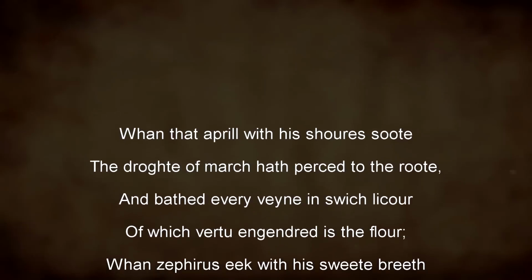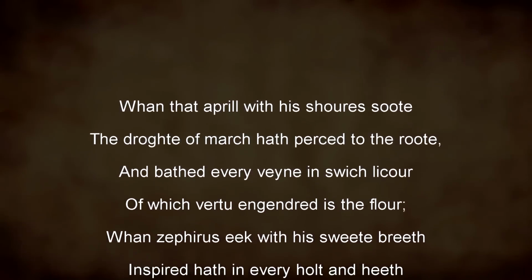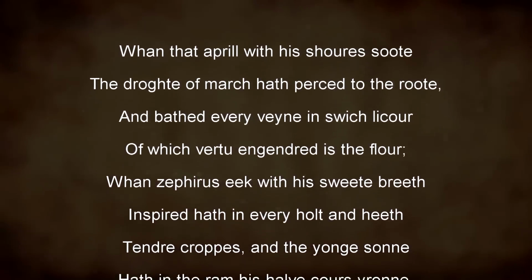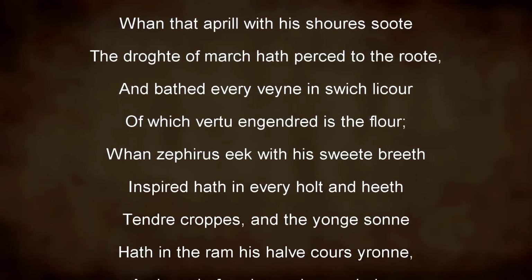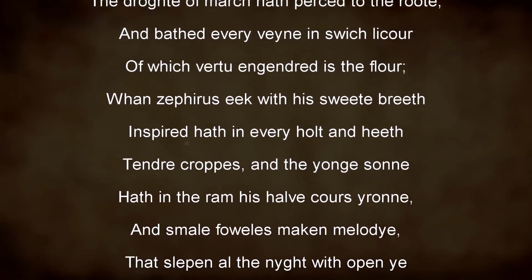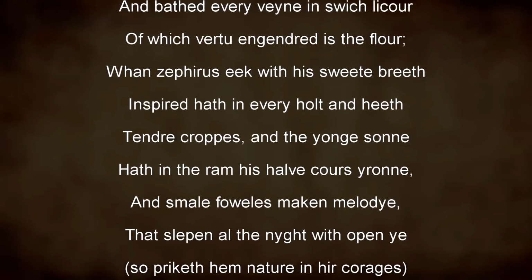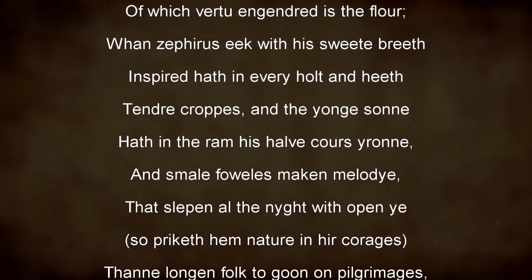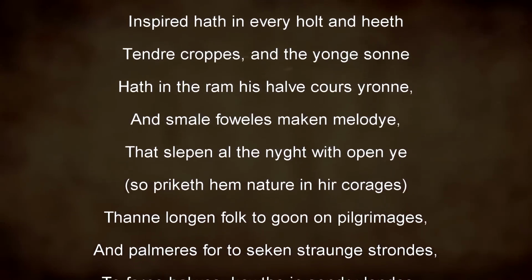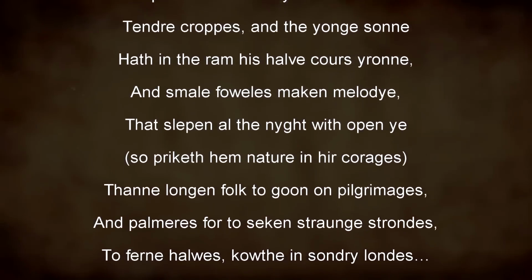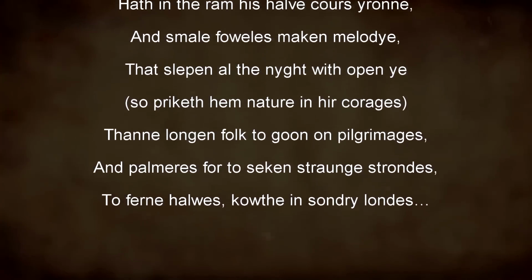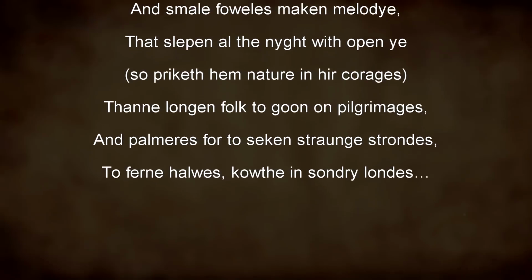Whan that April with his shures soote, the droghte of March hath perced to the roote, and bathed every veyne in swich licour, of which vertu engendred is the flour. Whan Zephirus eek with his sweete breeth inspired hath in every holt and heeth the tendre croppes, and the yonge sonne hath in the Ram his halve cours yronne, and smale foweles maken melodye, that slepen al the nyght with open eye. So priketh hem nature in hir corages, than longen folk to goon on pilgrimages, and palmeres for to seken straunge strondes